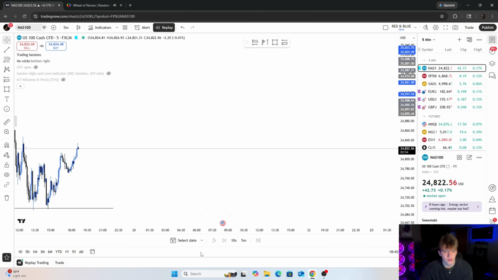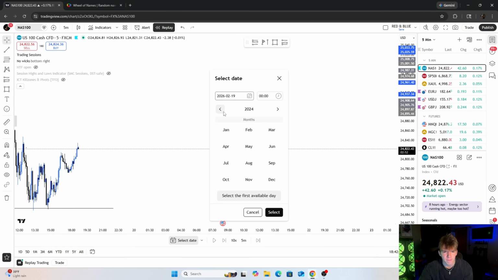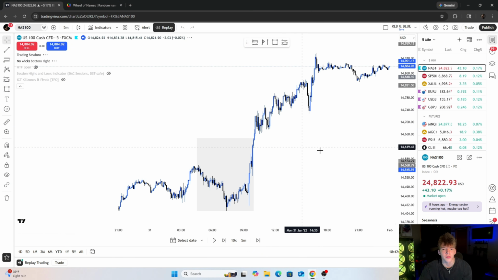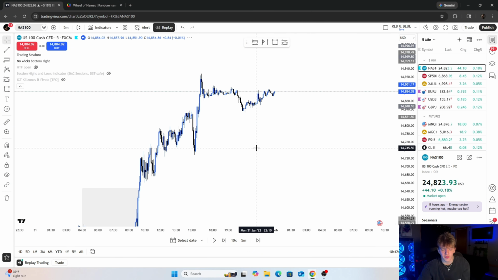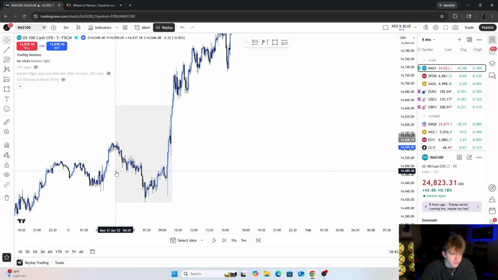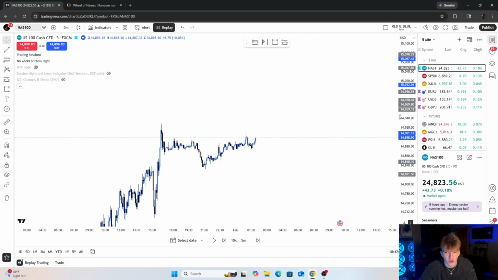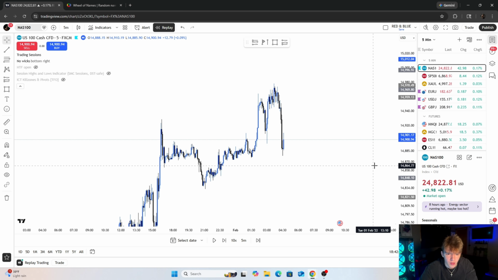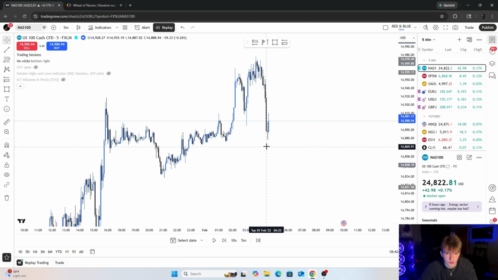I'm going to just go straight to replay mode. 2022, February 1st. This is literally exactly what we're doing. To show you guys real quick, these zone indicators right here turn on at 4:30. That is when I will be starting to trade. Just a heads up for you guys. So right here you can see it turning on.